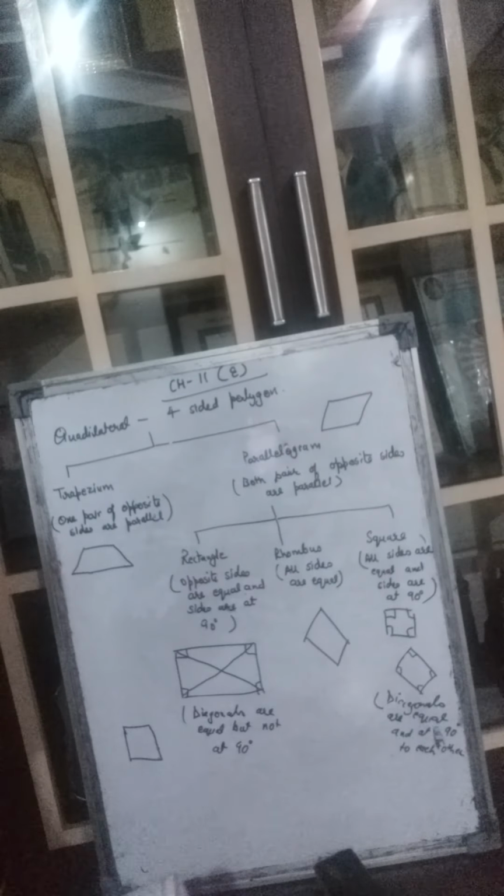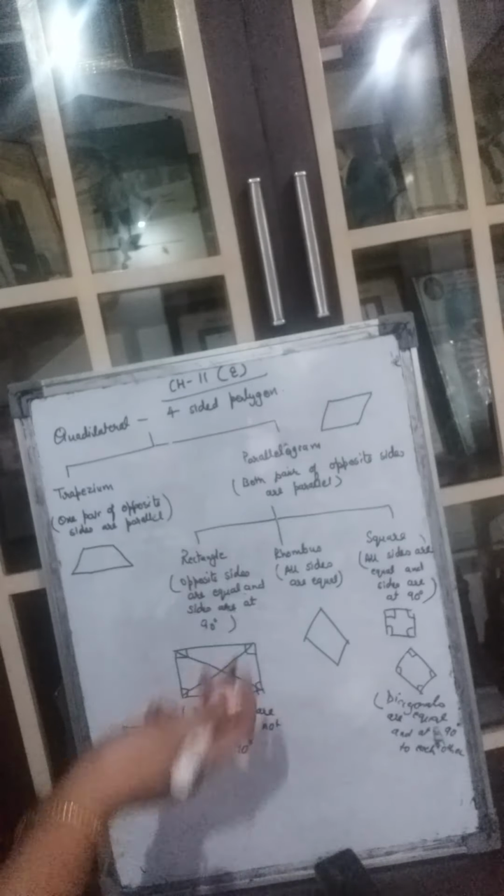Seventh: a quadrilateral shaped photo frame has all sides equal. Which of the following is not a possible shape for the photo frame? Okay, now there is a photo frame and all its sides are equal. So it can be a square. Yes. It can be a rectangle? No. It can be a rhombus. Yes, it can be a rhombus. But it is definitely not a trapezium. Rectangle has all sides equal, so square is a part of rectangle also. So we can say it can be a rectangle, but here it cannot be a trapezium.